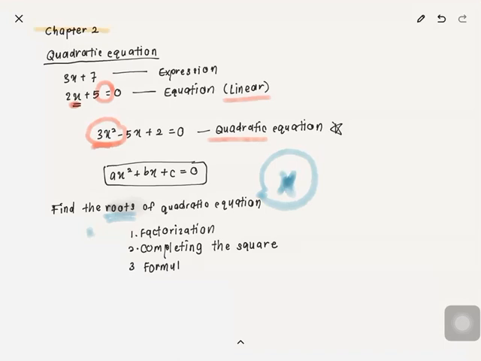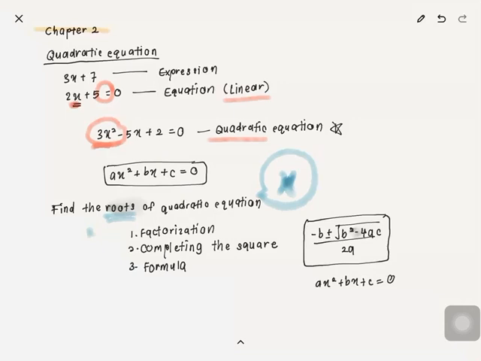So for the formula, you have to memorize the formula. There is no choice. So the formula is negative b plus minus square root b squared minus 4ac, all over 2a. So you have to memorize this formula, but it shouldn't be too difficult once you start practicing. And something important to note when you are using this formula is that it has to be in the general form. So as I said, the general form is ax squared plus bx plus c equals 0. So no matter how the equation is, you have to rearrange it so that it is in the general